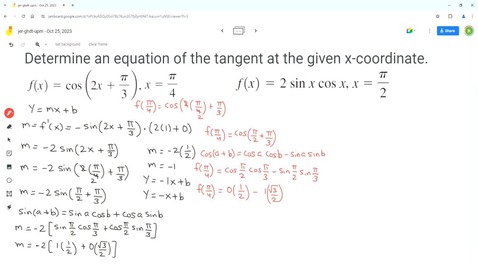So 0 times half is just 0, so this term will go away. So we are left with just negative square root of 3 over 2. So the point that lies on the function and on the tangent is